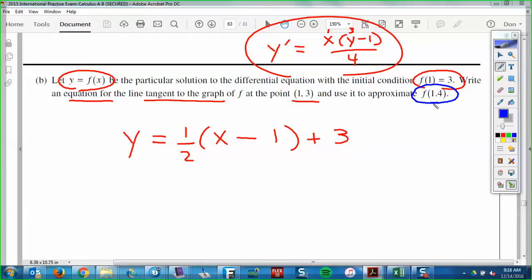Now, the new part, the part we haven't really done as a problem, but we've sure talked about that idea: use it to approximate f of 1.4, because we don't know the original function f, do we? Right? We haven't solved this differential equation. We want to know f of 1.4, but we do know f of 1. We know f of 1 is 3. So just think about the f graph. If at the point (1, 3),